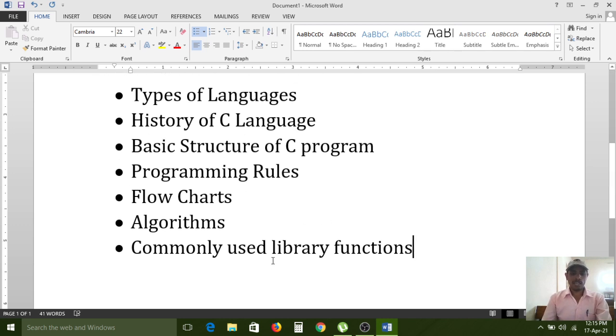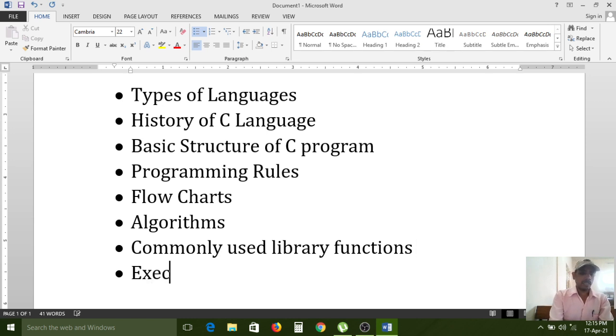Don't think this is a books library. This is a software library. A software library is nothing but a collection of solutions that are already developed, for some common problems, and stored in that library. If you want, you can use them in your current program.